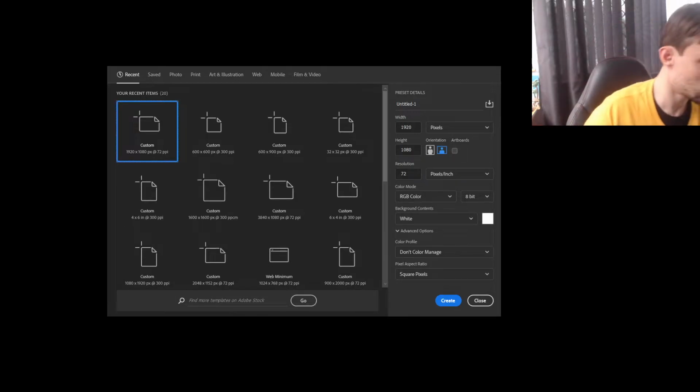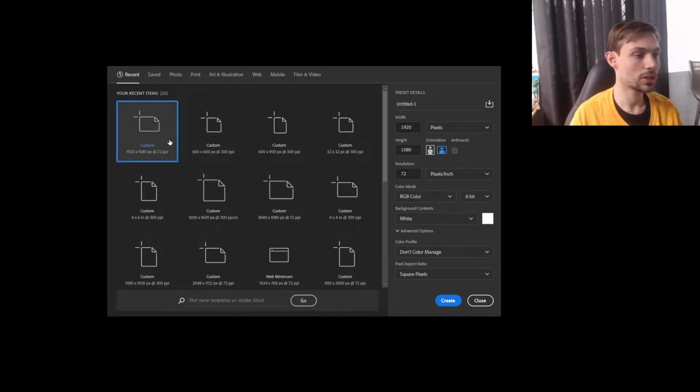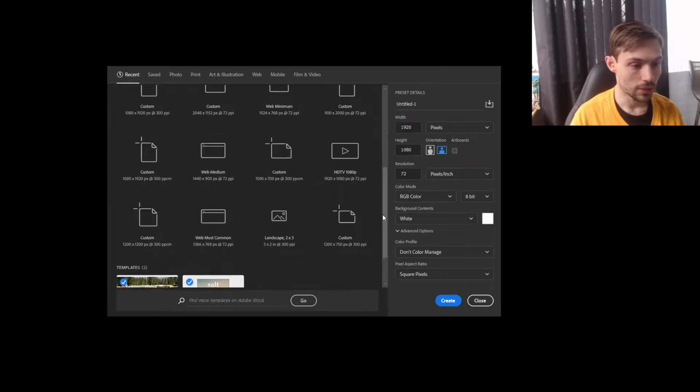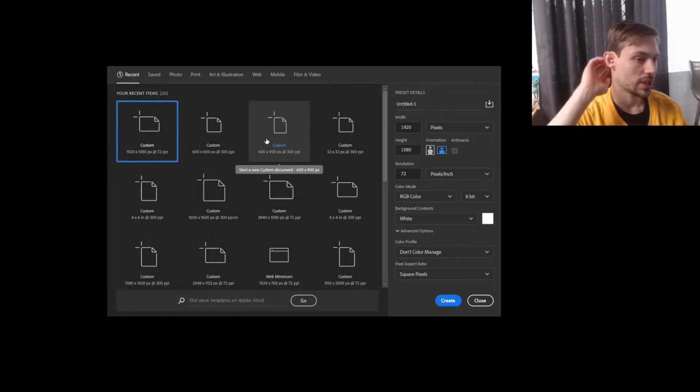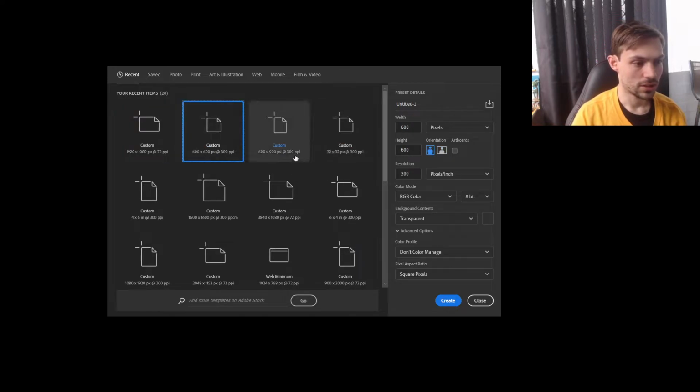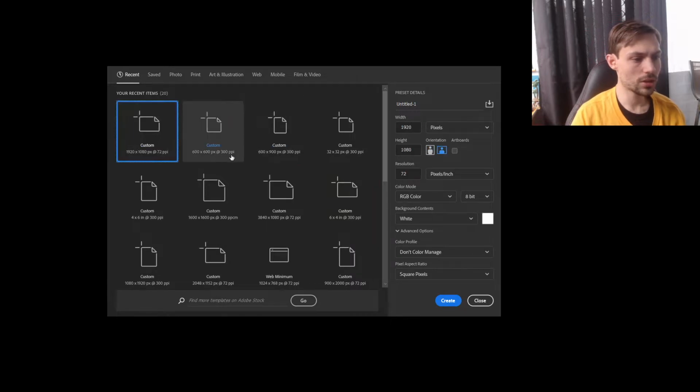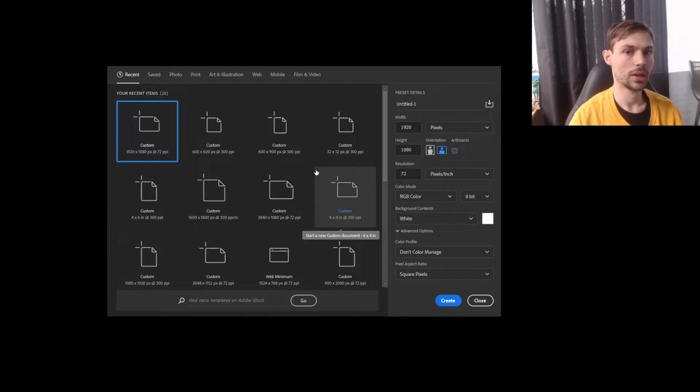Yeah, so I went to create new files. So we've got some files here. This is just how you want your template set out and how you want your photos, or you can also do videos in Photoshop. So it's the dimensions, that's obviously your main dimension for screens now, and then it's 600 by 600, and then 32. This is a good thing to decide if you're posting something online, like a profile picture for your YouTube